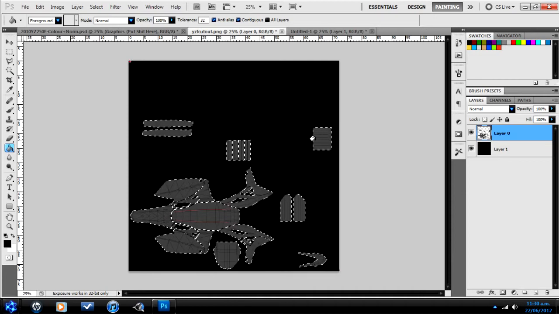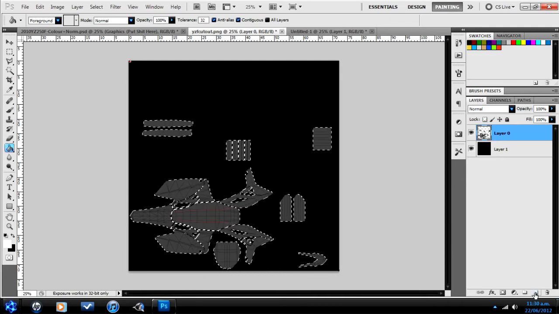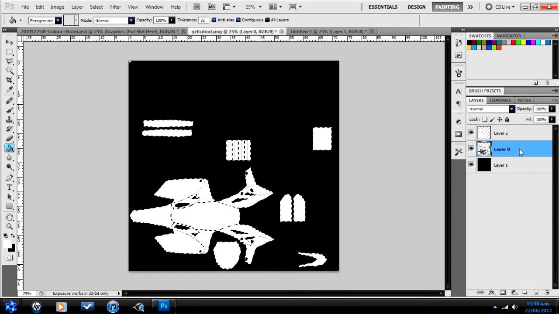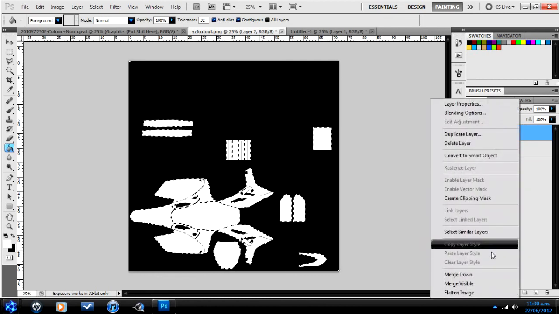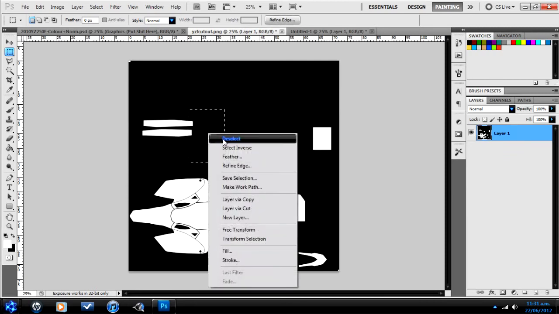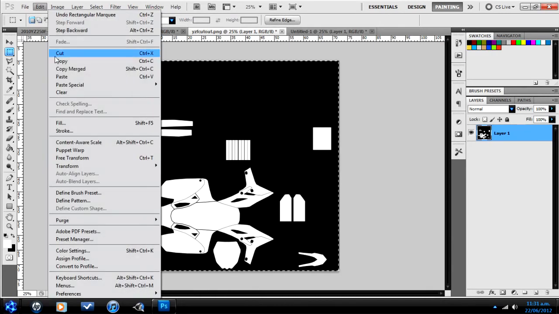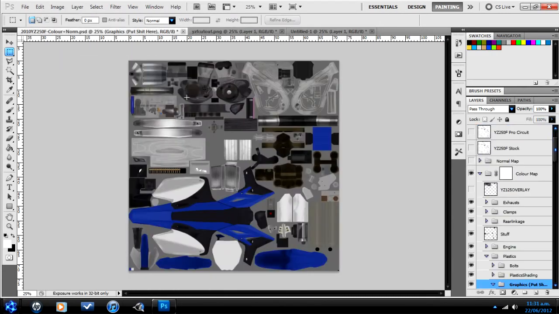This is something you need to remember, it's really helpful. And then we are going to paint a new layer white. Delete this. And we're going to merge the layers, right clicking and going merge down. We're then going to deselect. You can either click that, come over here and click like that to deselect, or you can right click and deselect. Normally right clicking and deselecting works better. Anyway, so we have this black and white image here, which is pretty much going to be our alpha channel